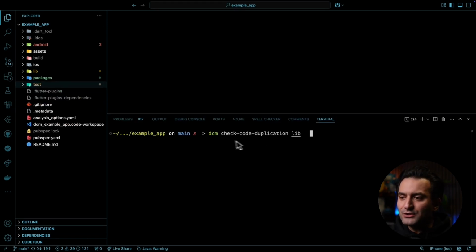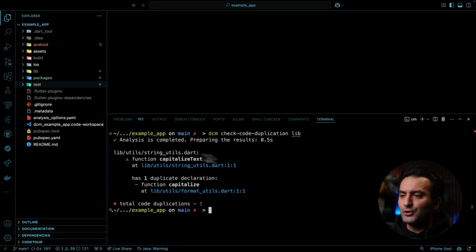The first thing I want to do is double check if there is any code duplication in my application. I will run the DCM check-code-duplication command. If you prefer the shorthand, then you can use the DCM cd command. All right, let's run the command. Beautiful. So after the analysis is completed, you will see that I do actually have two functions that are